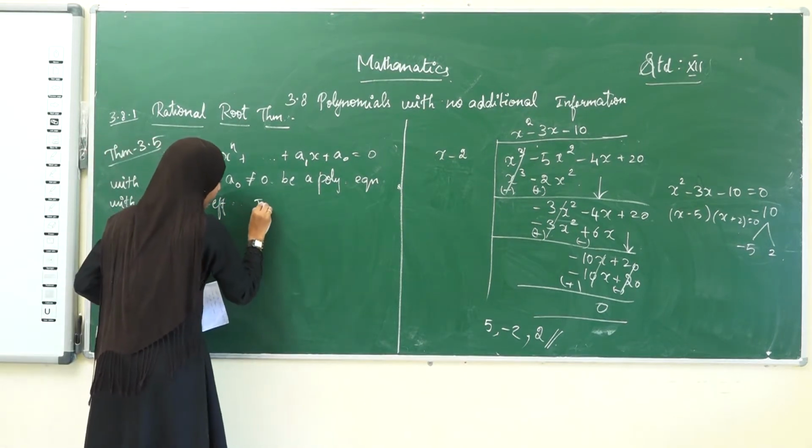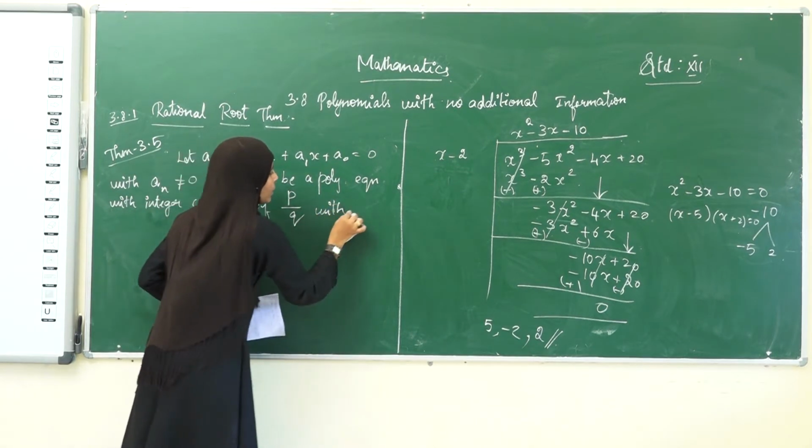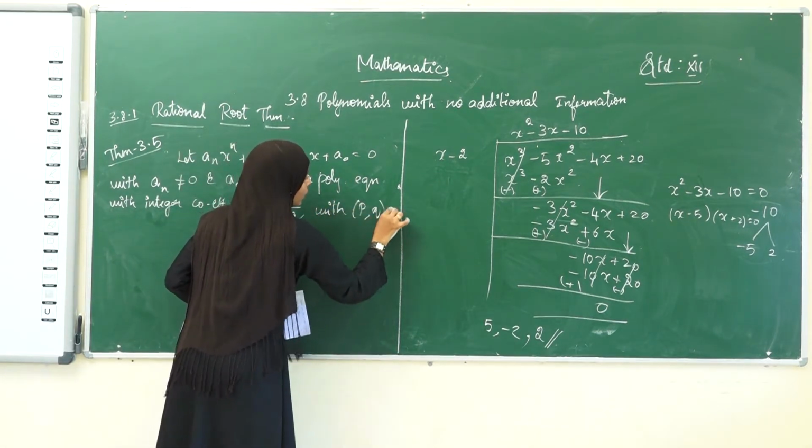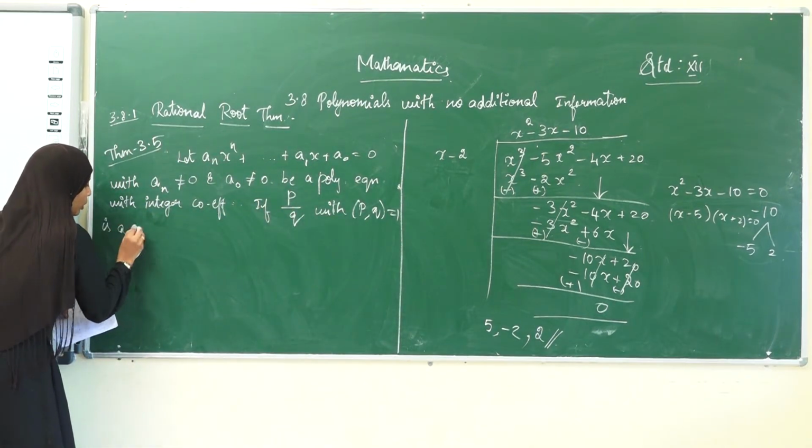Okay, if p divided by q, with gcd(p, q) equal to 1, is the root of the polynomial,